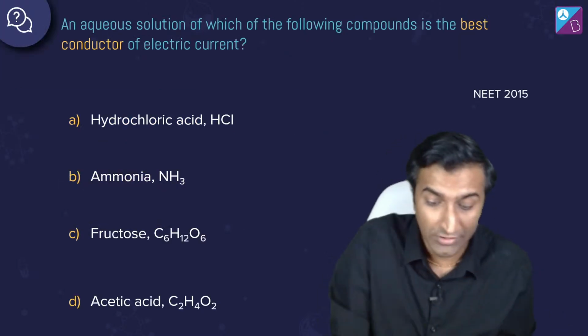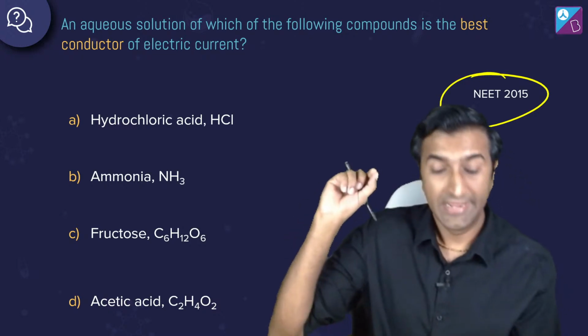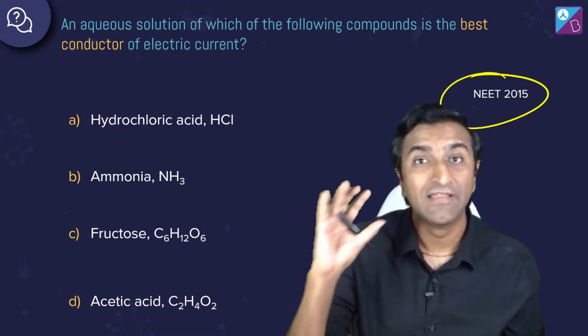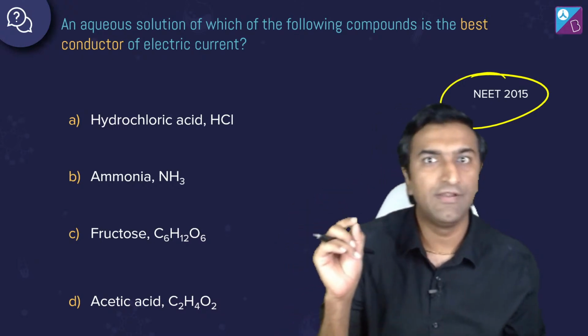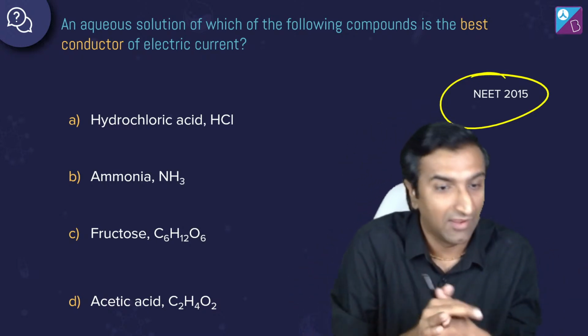चलो एक क्विक क्वेश्चन जो नीट में पूछा गया 2015 में, सॉल्व दिस। An aqueous solution of which of the following compounds is the best conductor of electric current? We want to know which is the best conductor. Okay, बेस्ट कंडक्टर मतलब वो बहुत आसानी से उसके आयॉन्स फ्लो करेंगे।